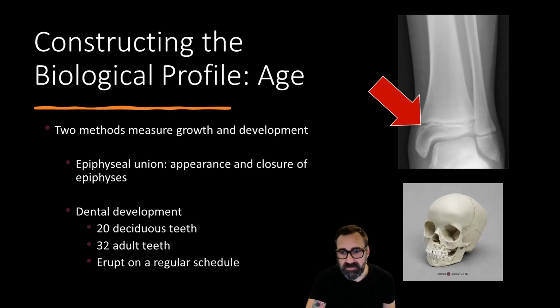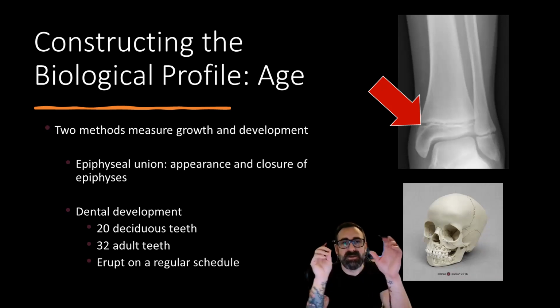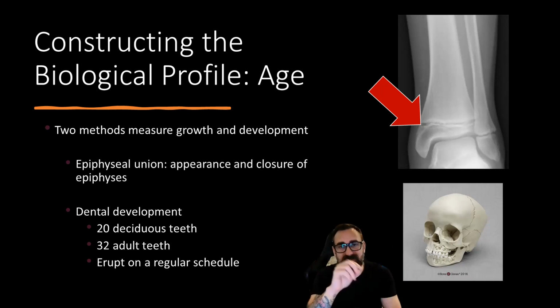Here you can see a growth plate. This is an epiphyseal plate, and you can see that there is a gap in it. This is the soft part, so the entire bone has not calcified. Above the red arrow, that is calcified bone, and below that is basically cartilage that is calcifying as the bone continues to grow. This is what we call the growth plate. And different growth plates throughout the body calcify and fuse at different times.